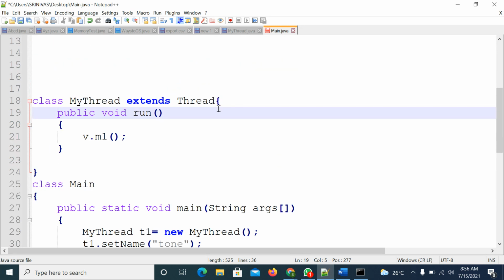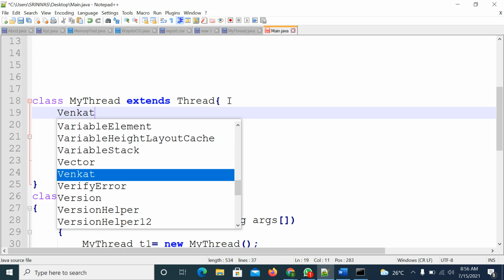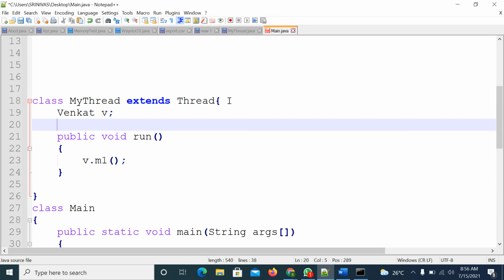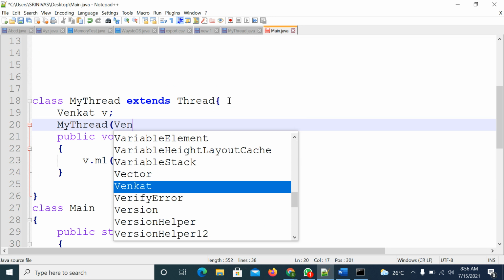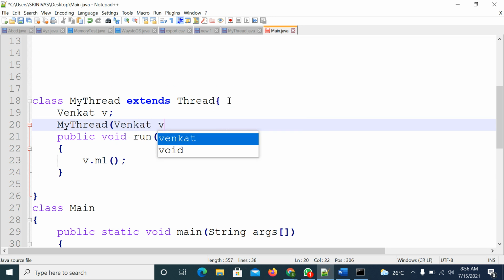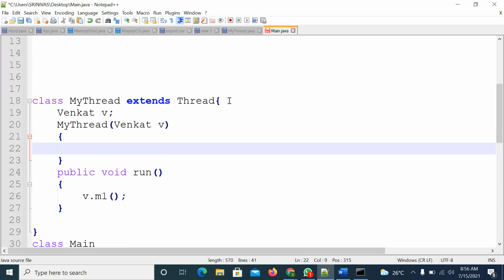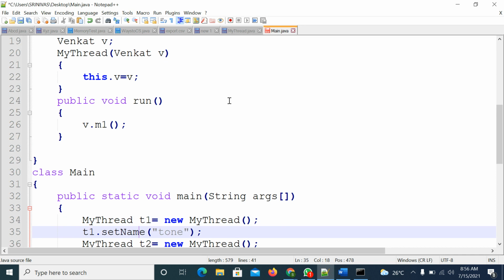When I create the threads, that time we need to pass the same object.